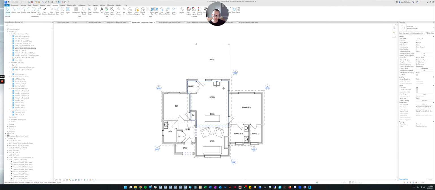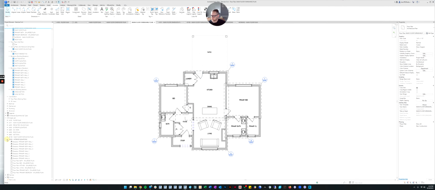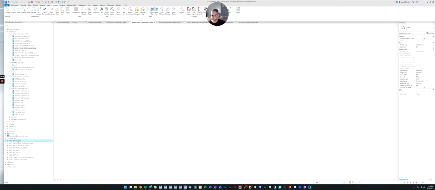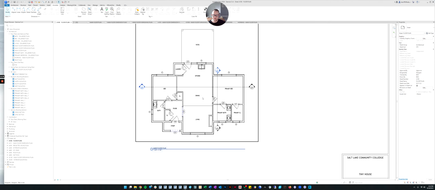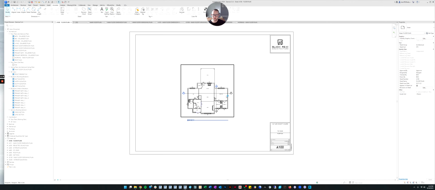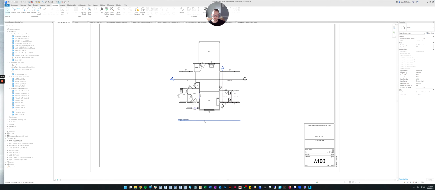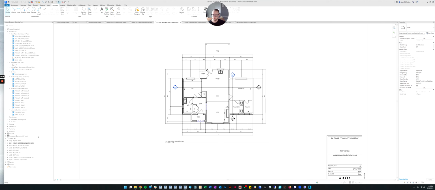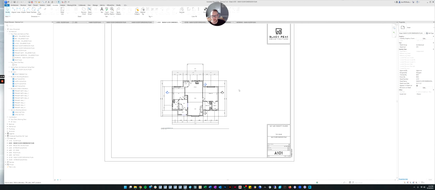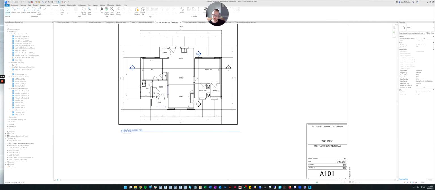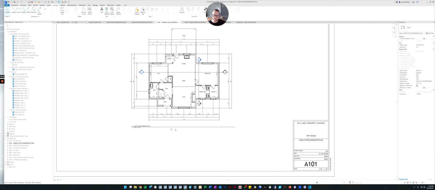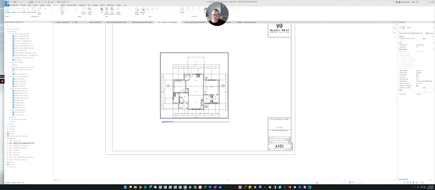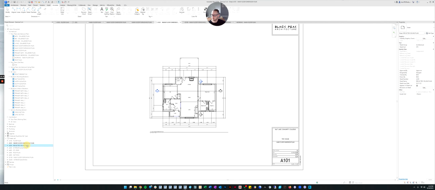Now let's go back to our furnishings plan. And everything's looking pretty good. And let's go to our sheets because in the end, we need to see how these are looking on our sheets. So let's just check them. So our floor plan, that's looking pretty good. You want to make sure nothing's running off of the page or running into the view label, and it looks pretty good. What about our dimension plan? Okay, our dimension plan's looking pretty good. Depending on how you did your dimensions, if you pulled them far down, then they might be hitting your tag and you'll want to take a moment to fix that. But this looks pretty good on the sheet.